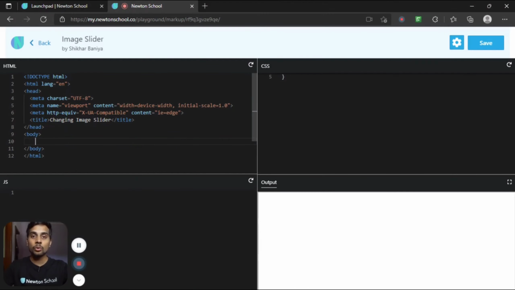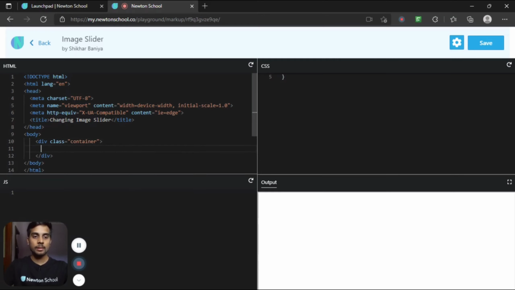So here we are in the code editor, and as you can see, I have changed the title as changing image slider. And let's start writing some HTML code. So first I want a div of class container. Container, let's close it.